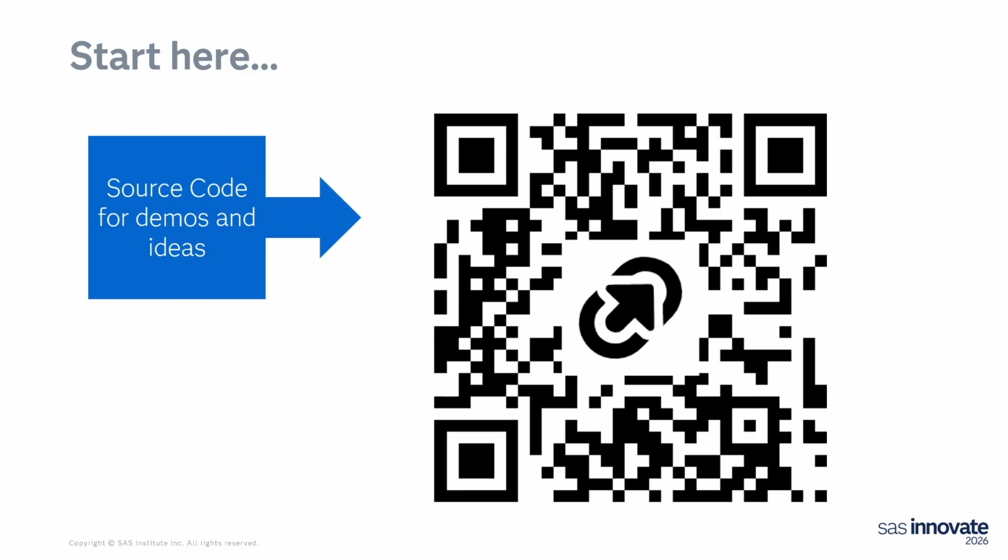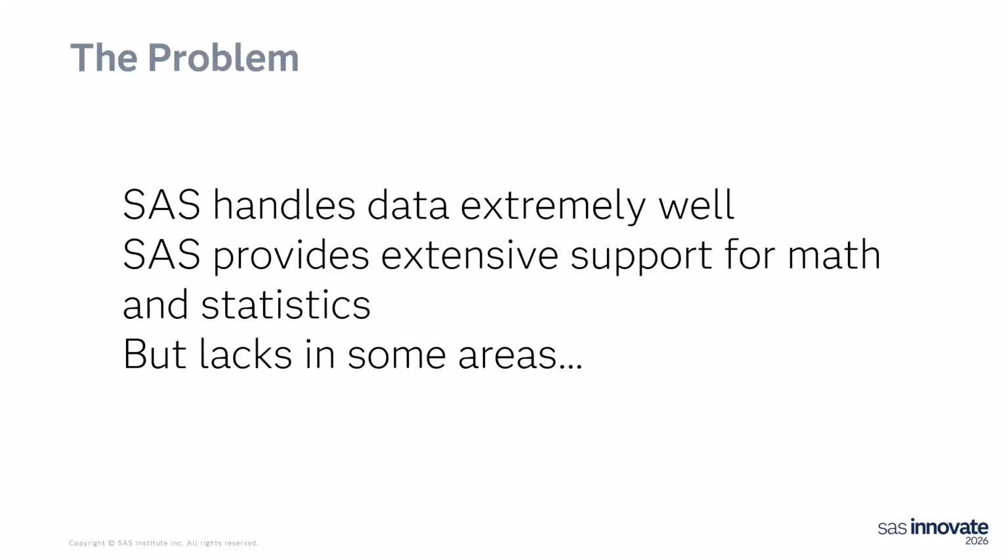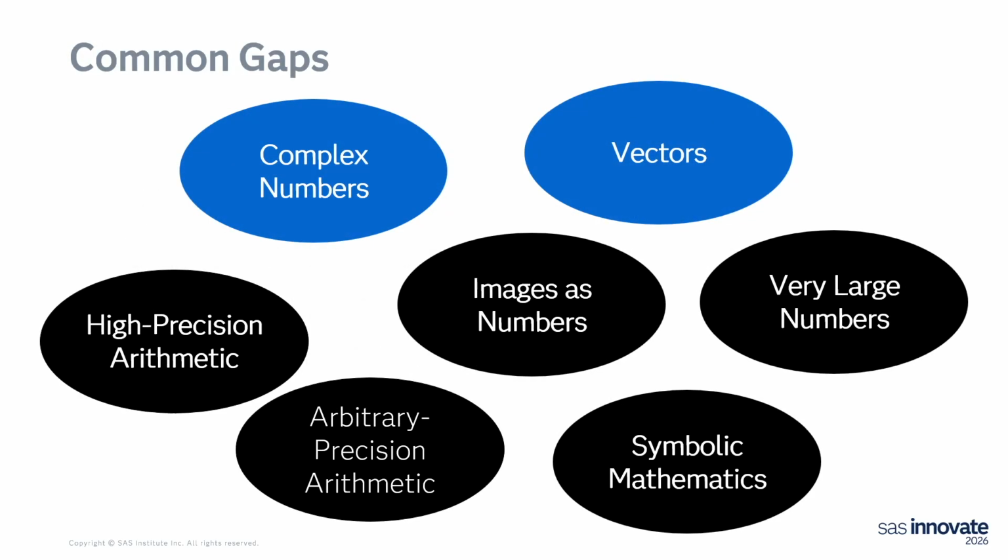Everybody got it? Okay. So next, SAS is really good, and we all know that. That's why we're here. It handles a lot of really good things. Has a robust selection of trigonometry functions, lots of financial functions, all kinds of things, but it is lacking in a few areas. And that's okay. It's not going to be able to do everything. So, and some of those areas are complex numbers and vectors, okay?